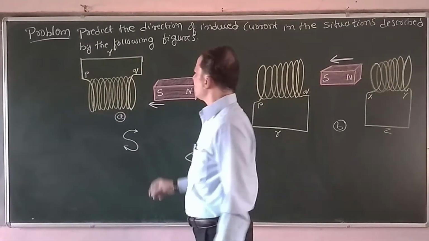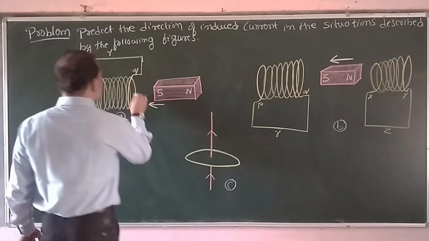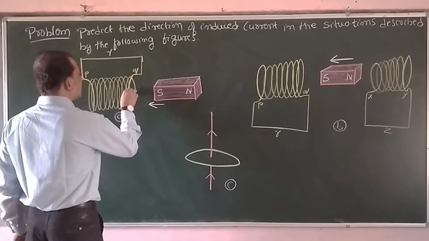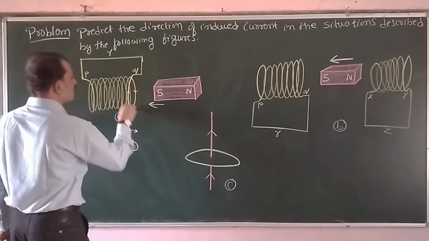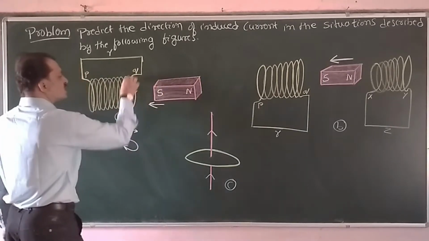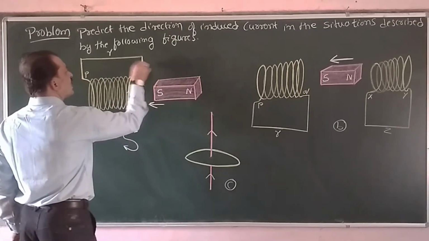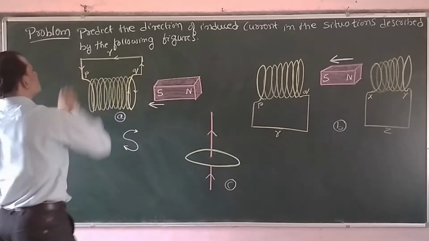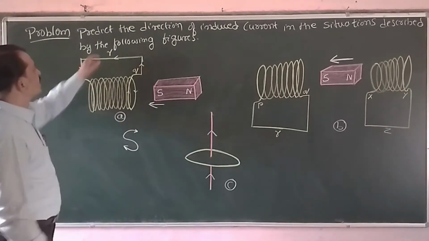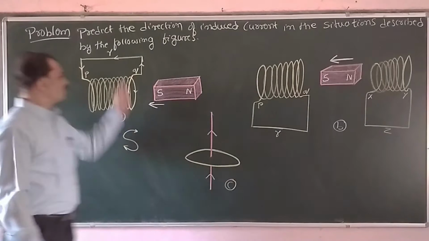Since it should be clockwise, from this diagram I will get the current like this. It has to be clockwise as viewed from this direction. Therefore, current has to flow along this path. So, in the external circuit, the path of the current is